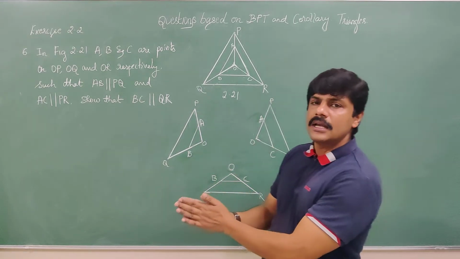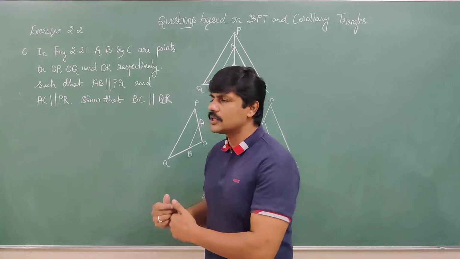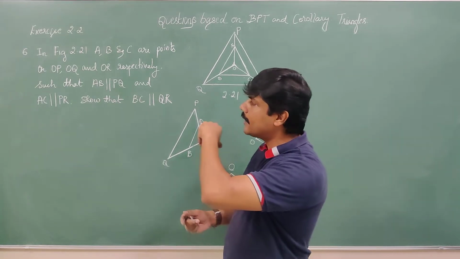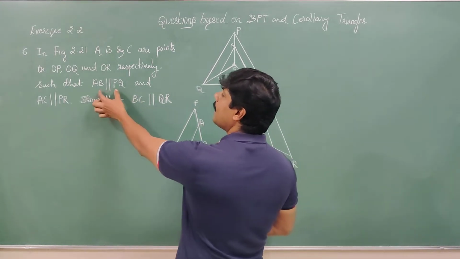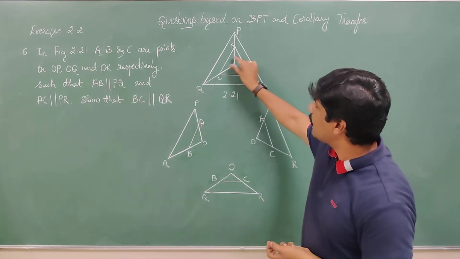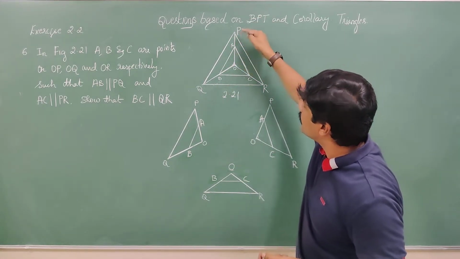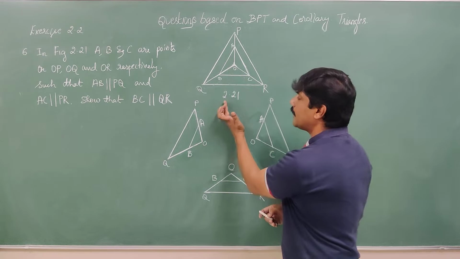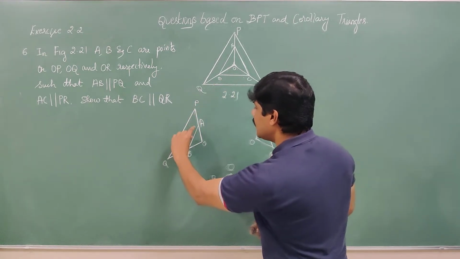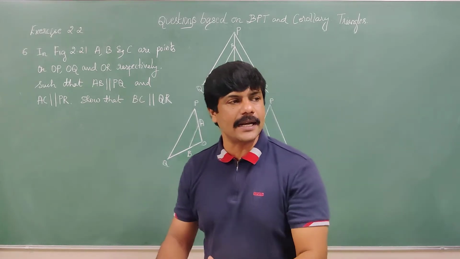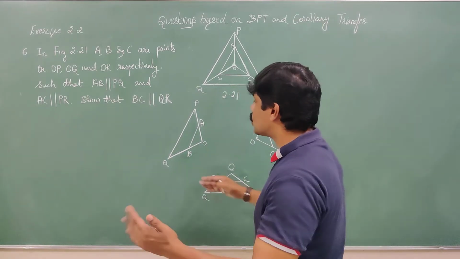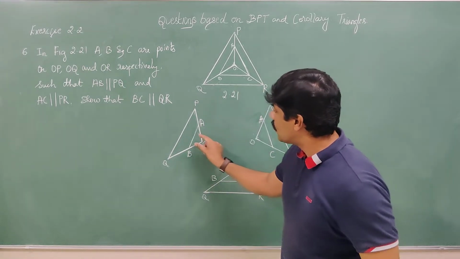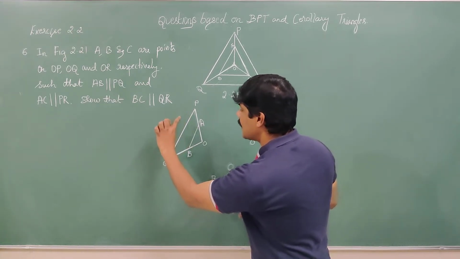This question is same as what we solved in the fifth question. Here also we are going to do the same thing. We first take the conditions. The first condition is AB is parallel to PQ. Therefore, we separate triangle POQ from figure 2.21, where AB is parallel to PQ. Why did we separate it? We can apply the basic proportionality theorem so that the two sides are divided in the equal ratio.